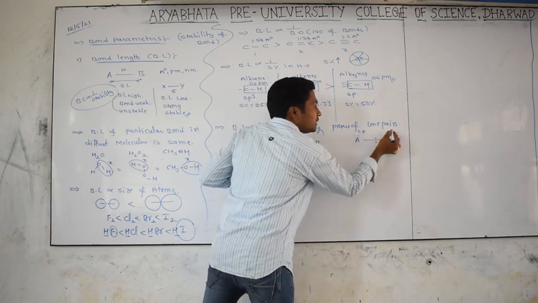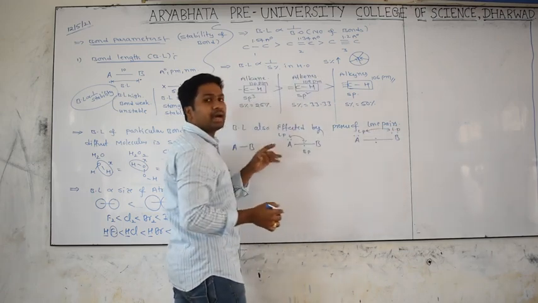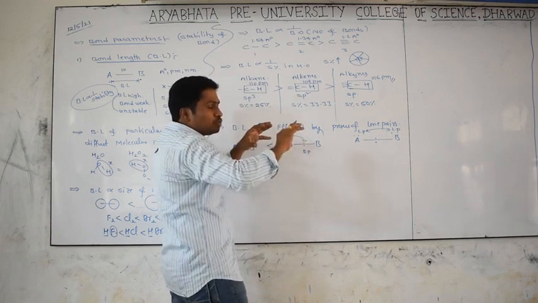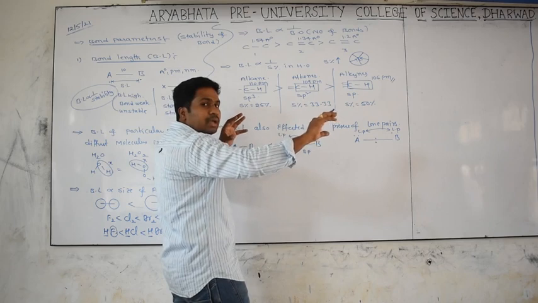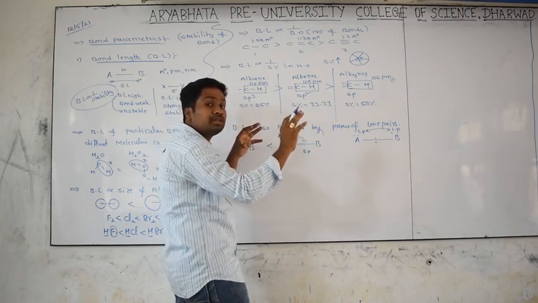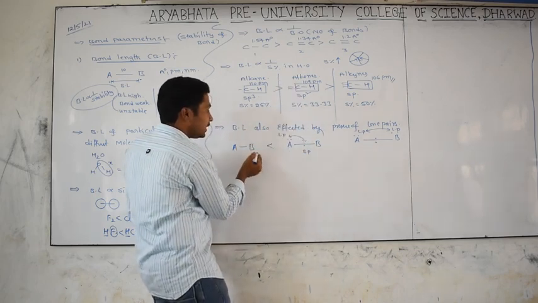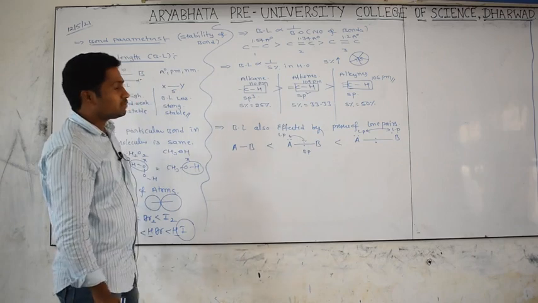Here there is a bond pair and lone pairs. You know in VSEPR theory, repulsions involving lone pairs are very high. That's why the two bonded atoms move away from one another. Automatically the gap between the two bonded atoms increases. That's called bond length increasing. This one is more, and the highest is this one. Did all of you understand or no?